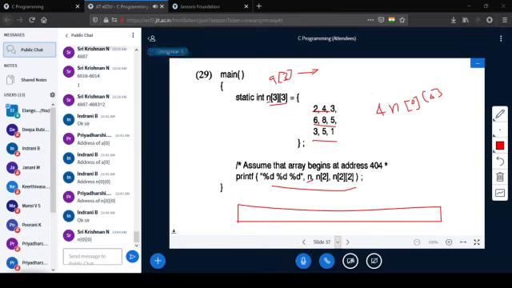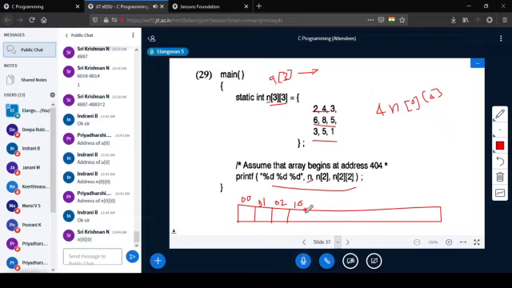n[0][0], that is 0,0, 0,1. 0,0 is the first element, it will get stored. The next element is 0,1, then 0,2, correct, then 1,0. It is all continuously stored in the memory locations. 1,0, 1,1, it is stored like that. So likewise the last element will be 2,2.